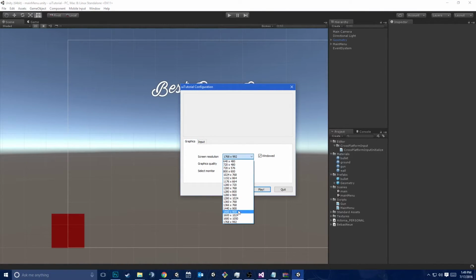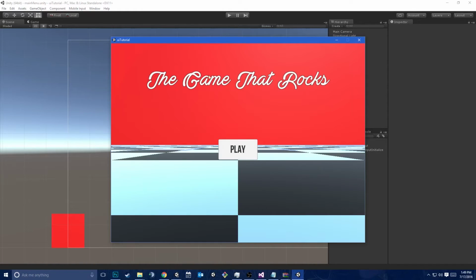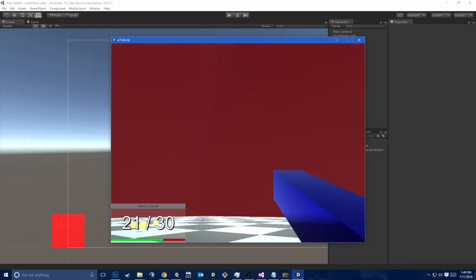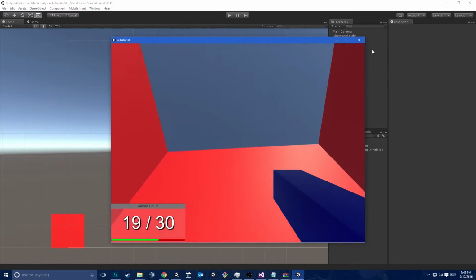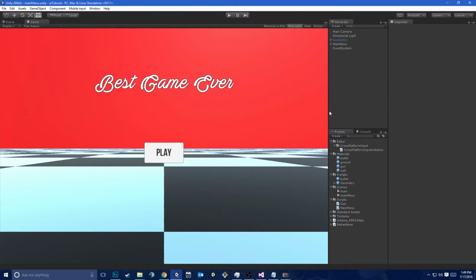Okay, so if I just play my game windowed, I'm going to get my main menu, and then I'll get the scene. So, great, the game rocks. I hit play, and you can see that that bug's not happening when I build. I'm not sure why that's happening inside my editor. Doesn't happen on every computer or every time either. So, anyway,